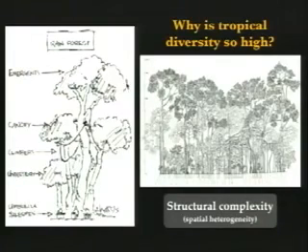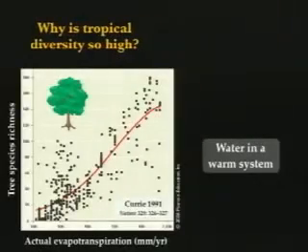These systems are structurally complex. They have those big emergent trees, a full canopy that's closed. You have the climbing vines and lianas, and then you have the understory plants, and then you have the whole herb layer and the ground layer, and then not to mention the whole subterranean biota. They're very complex systems. If you think about what a forest looks like up in the Sierra Nevadas, it's not nearly as complex spatially, structurally, as a system like that. That may play a role.